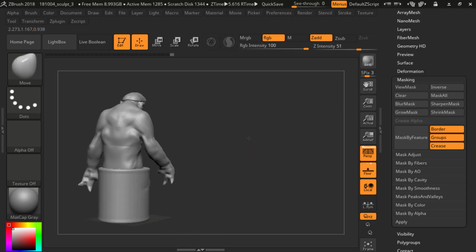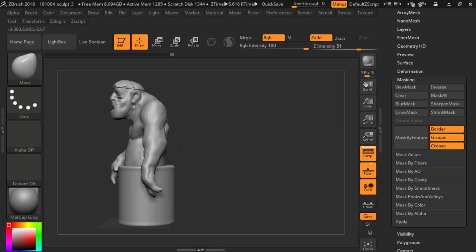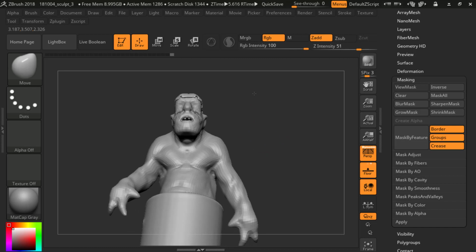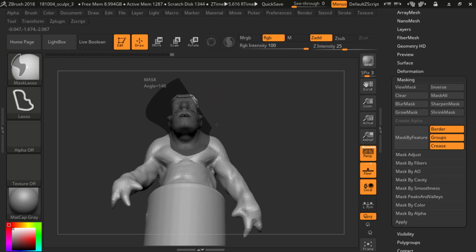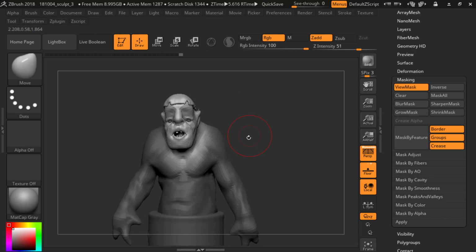Maybe he's holding on to something there. Yes, I could have added an object there. So maybe we want to tilt his head a little bit, make him seem even more confused. So we can do that, mask out this portion, and then we're gonna blur the mask, invert the mask,